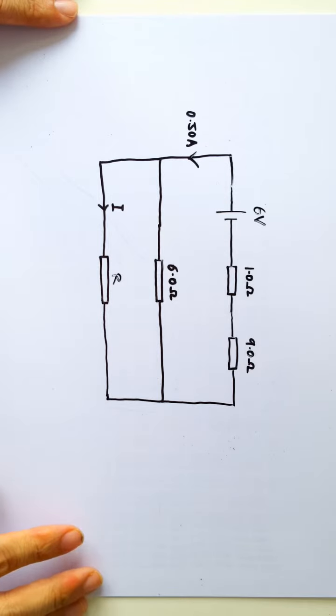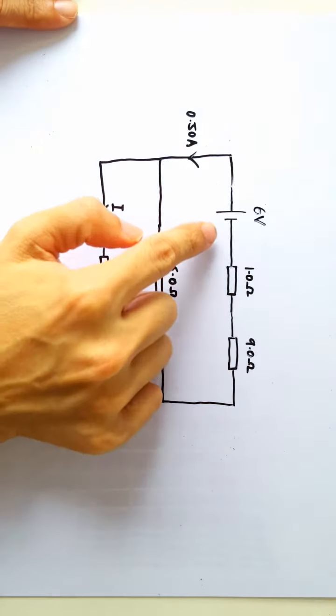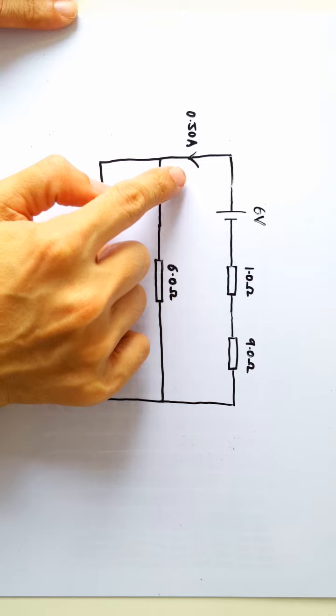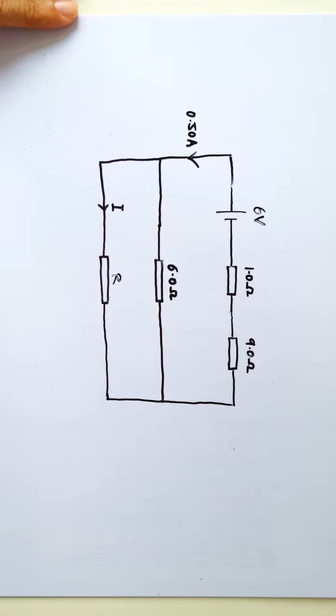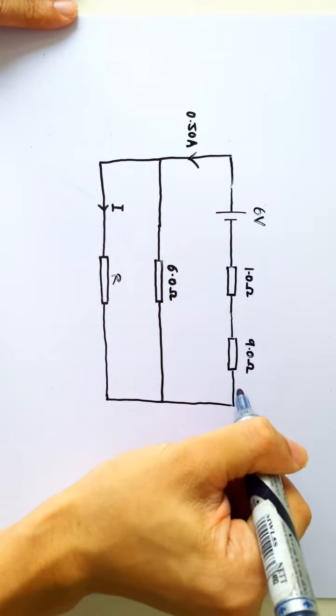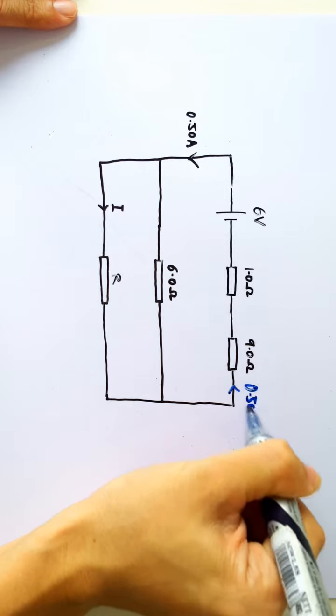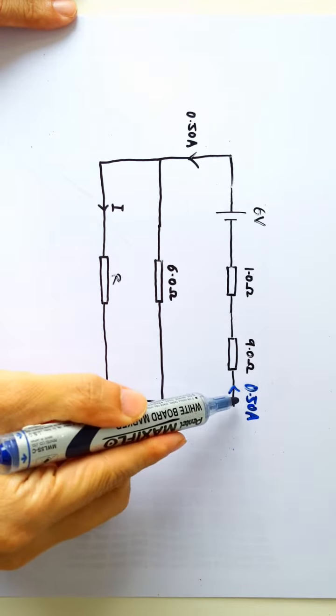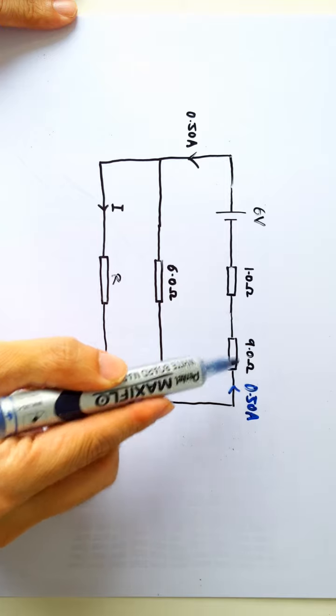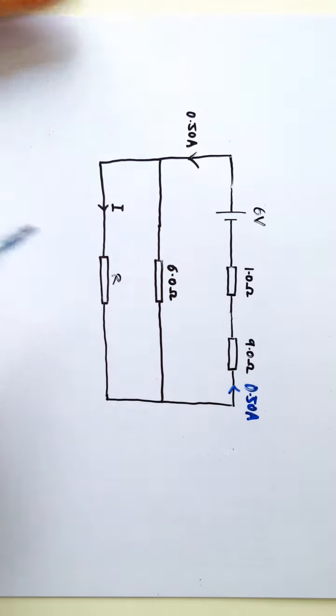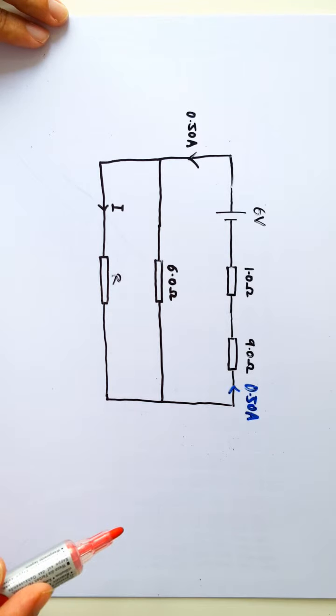Yay, another circuit to solve here, huh? Okay, we have this battery that's pushing out a current of 0.5 amps. So the current coming back here is also going to be 0.5 amps. So we have 0.5 amps running through the 9 ohms and the 10 ohms resistor, which means we're going to